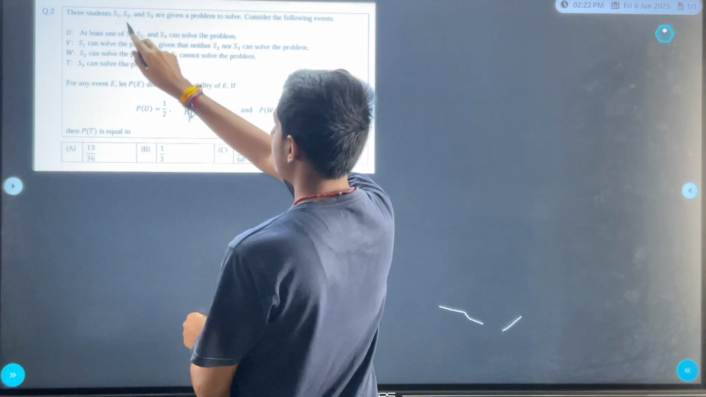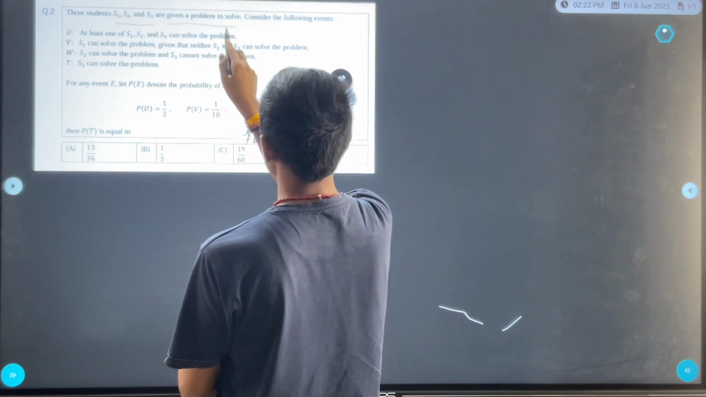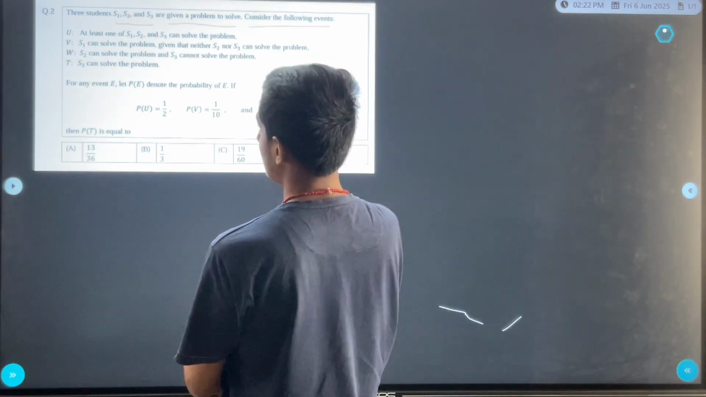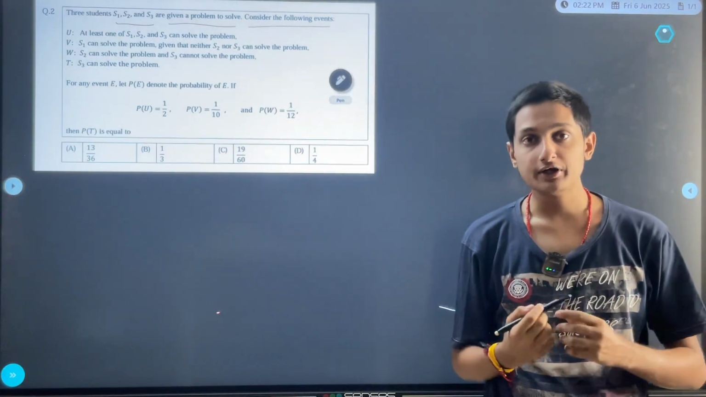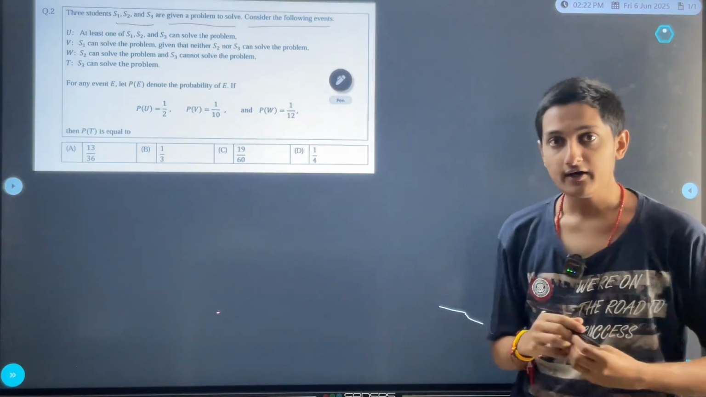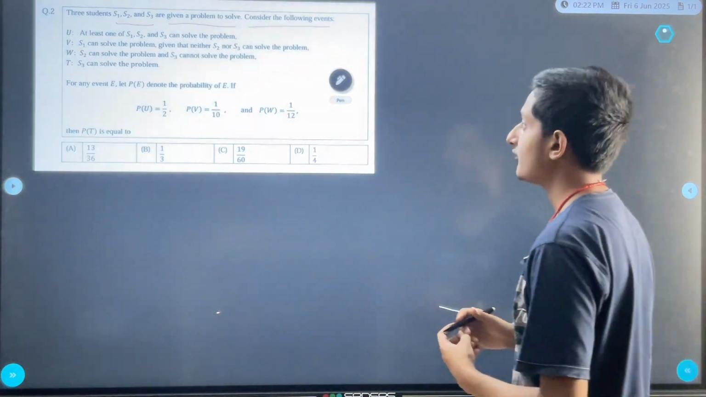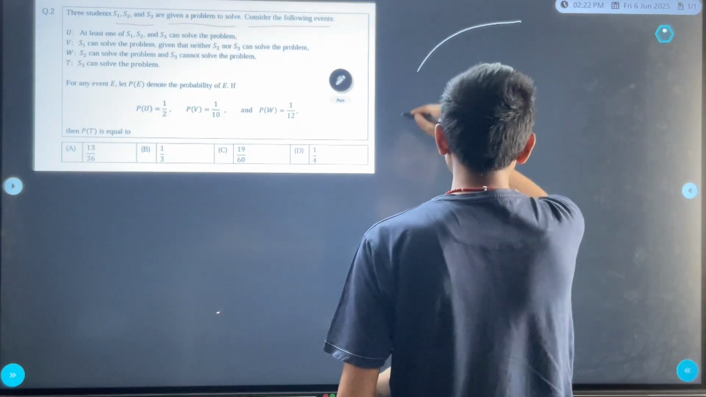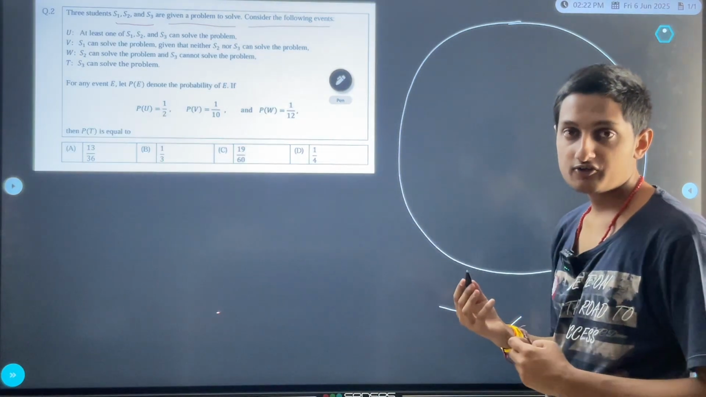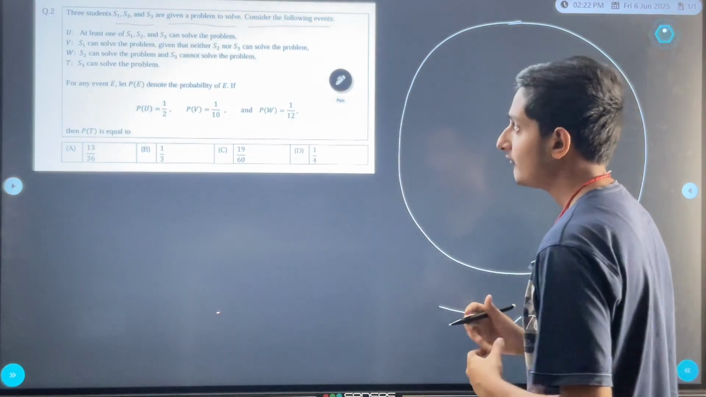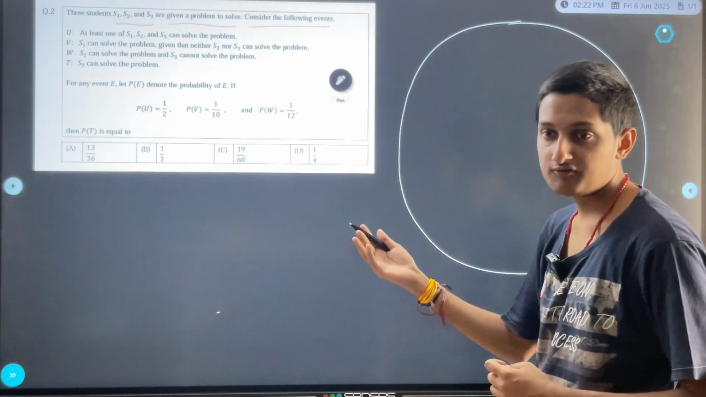Three students S1, S2, S3 are given a problem to solve and consider the following events. Usually when I think of probability, I like to think of it in terms of Venn diagrams. Alright, so let's try and draw the Venn diagram for this. The large circle is enclosing all the space of all probabilities where S1, S2, S3 can solve as well as not solve